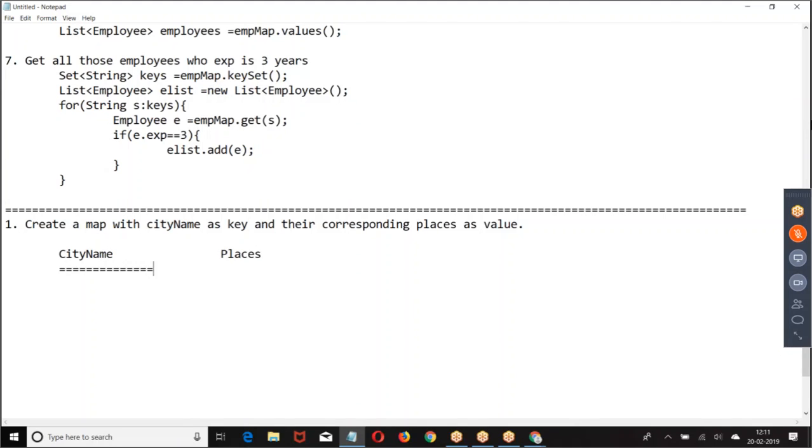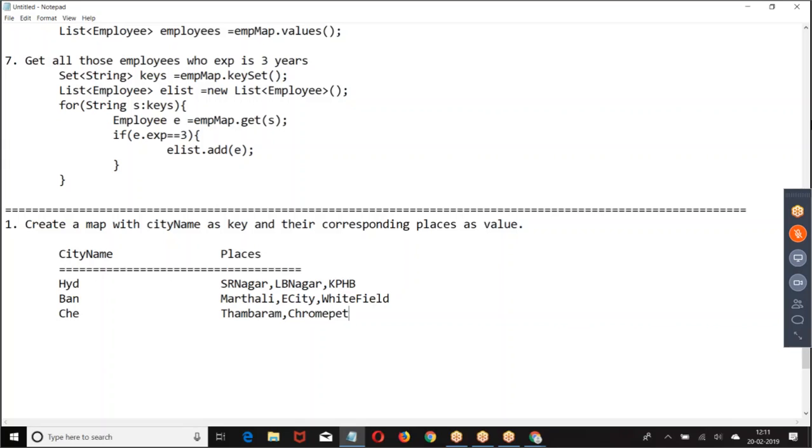Now you decide how you take a map. This is my data. Now you decide how you take a key, how you take a value, and write the program.